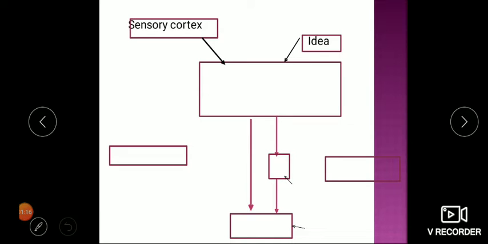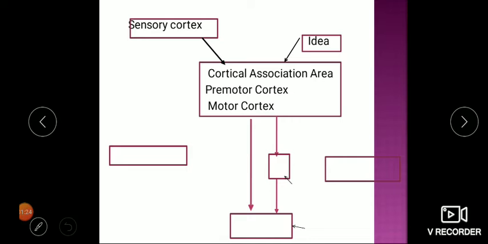Now this will go to the cortical association area, premotor cortex and motor cortex. Here planning of the activity takes place and plan to execute the action is being developed here. But before it is sent for execution, the cortex takes opinion from its very important siblings called basal ganglion and cerebellum. They are giving constant feedbacks to motor cortex for execution of action. So afferent and efferent connections are both there from the cortex to basal ganglion as well as cerebellum.